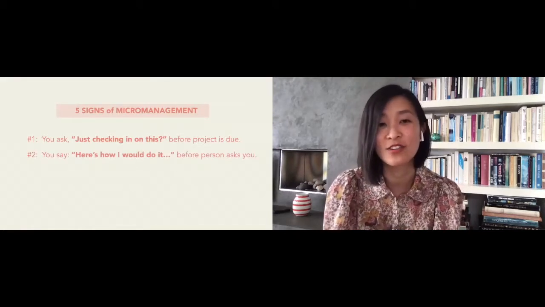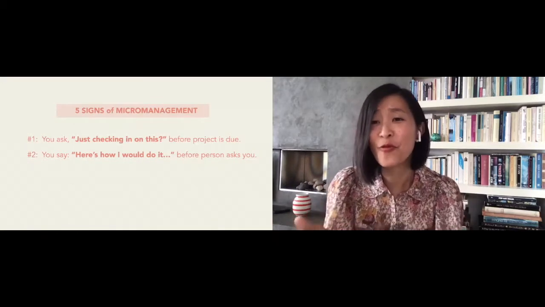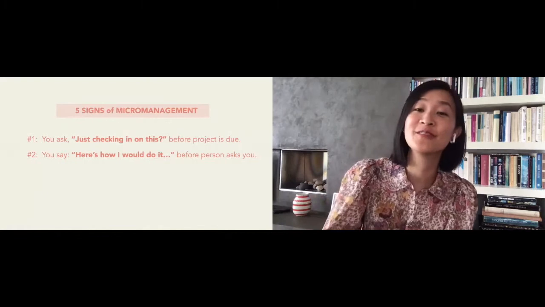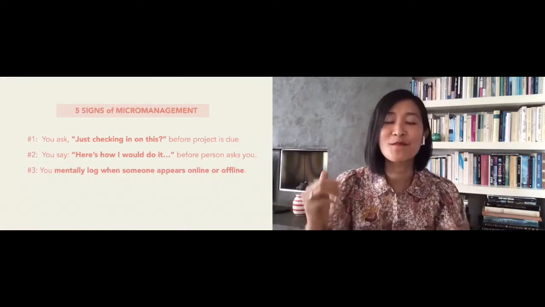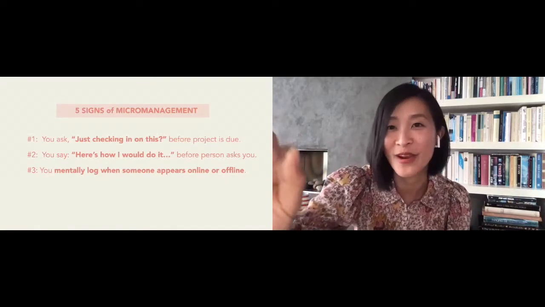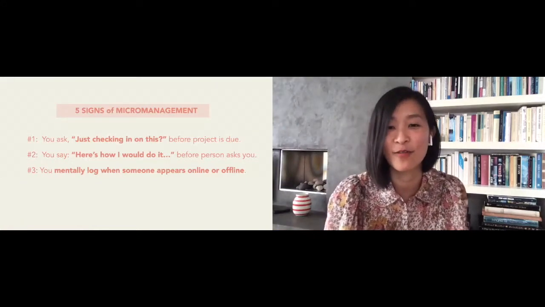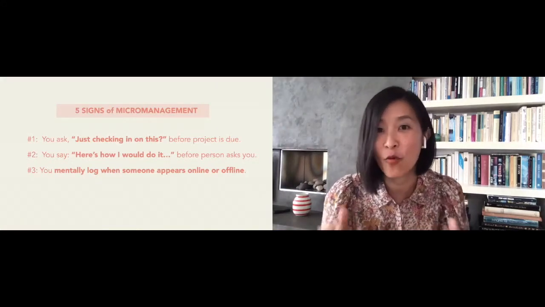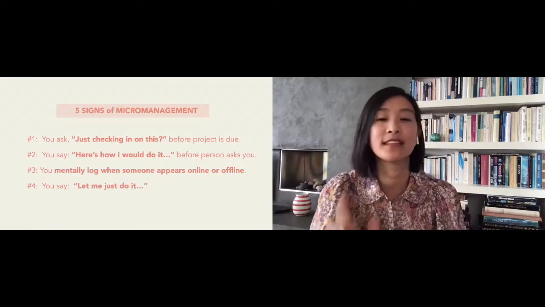Another one is if you say, "Here's how I would do it," before a person actually asks you how they would do it. Or maybe in this remote world, you mentally log when someone appears online or offline, right? You wait to see their little green dot appear in the chat room, and that's a form of control that you are trying to exert on someone, as well as when you just say, "Let me do it,"